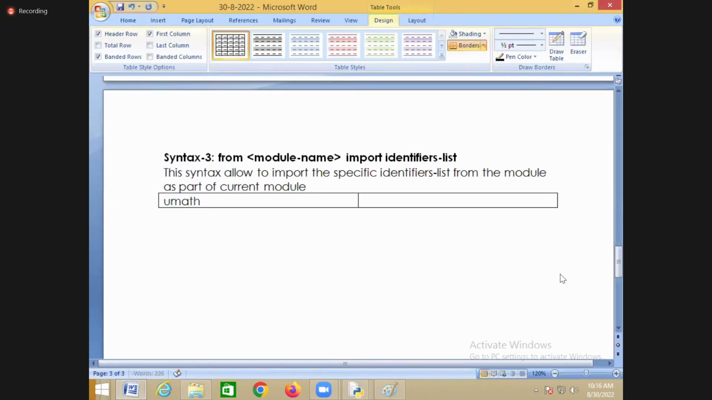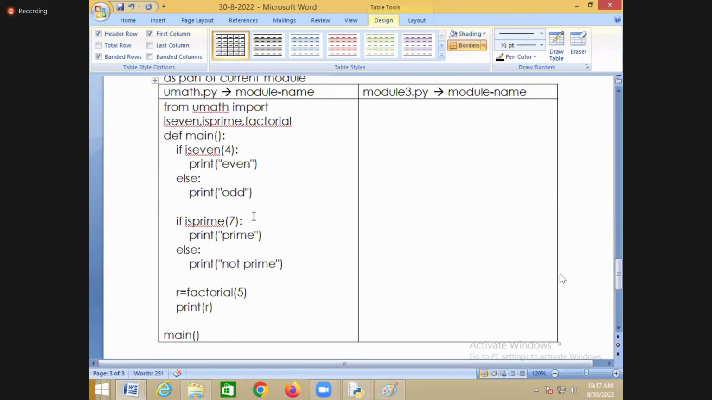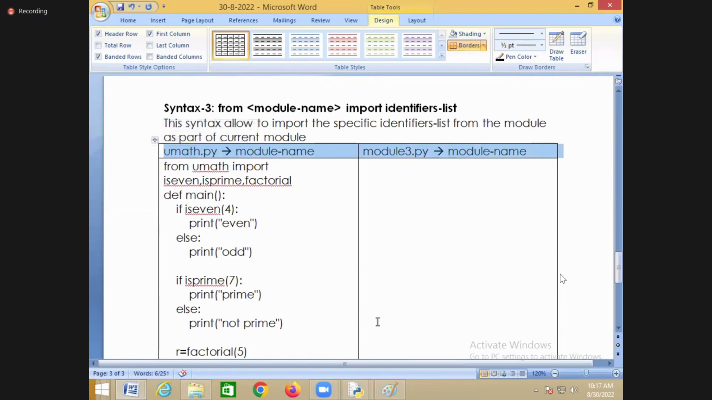So this is user defined math.py. Now what is this? Module name. And this is module 3.py. So what is the name of this module? Module 3. And what is the name of that module? User defined module. So in user defined math module,